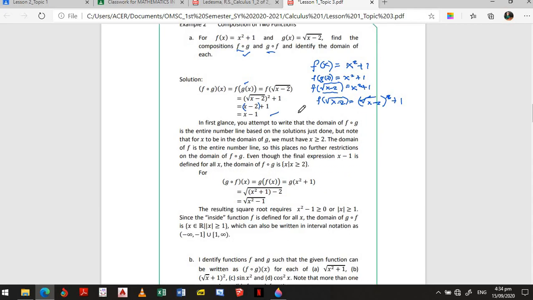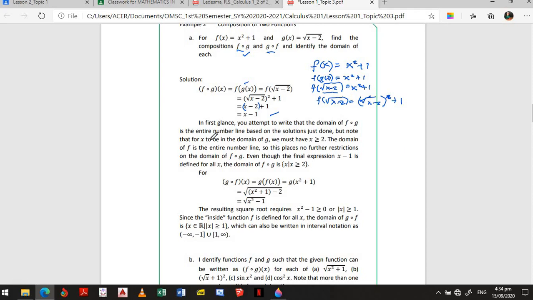So, we say that x minus 1 is a polynomial. So, we can write that the domain of the resulting function would be the entire number line. Okay, we say that one. But that is wrong. Why so? Because here,